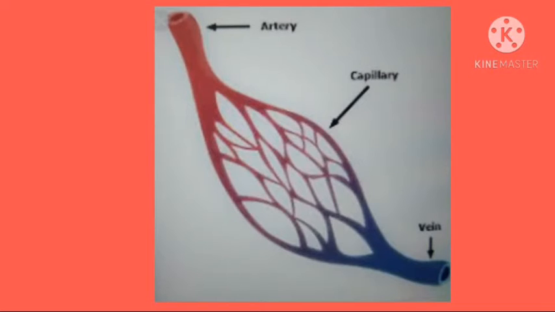So the flow goes from all over the body to the heart. And the capillaries are the finest network interconnecting the arteries and veins. So students, if it is asked in the exam to give the differences between arteries and veins, you have to give the type of blood, then the direction of flow of the blood, then the speed of the blood. These points you have to explain.